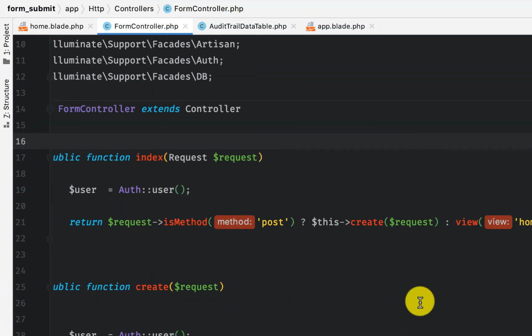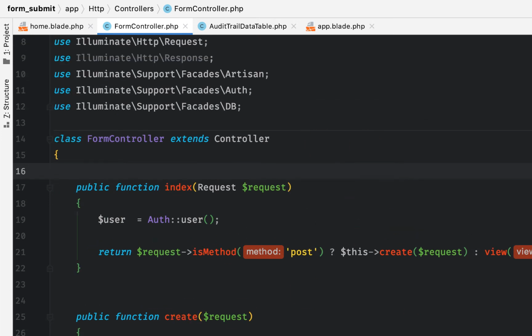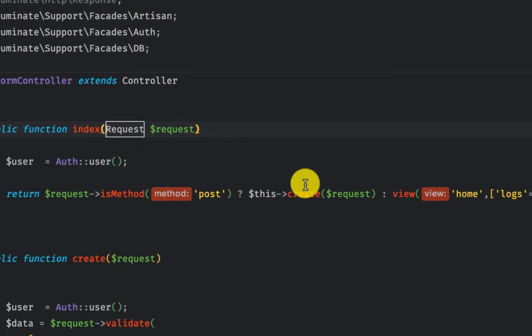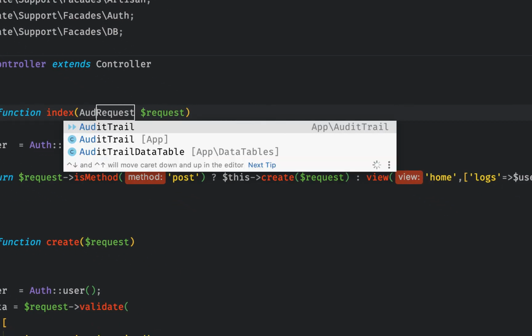Now we come to our form controller, and we're going to call the data table here the way we call it, using a facade, so it's audit trail